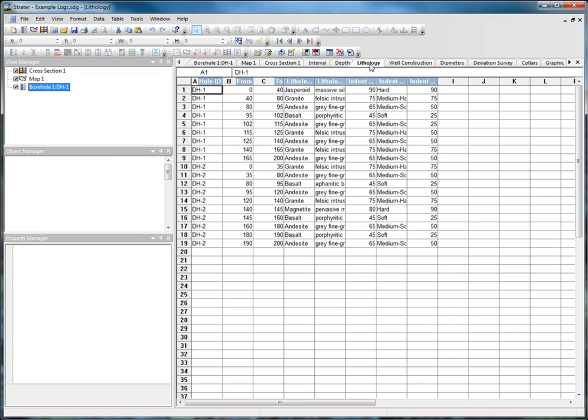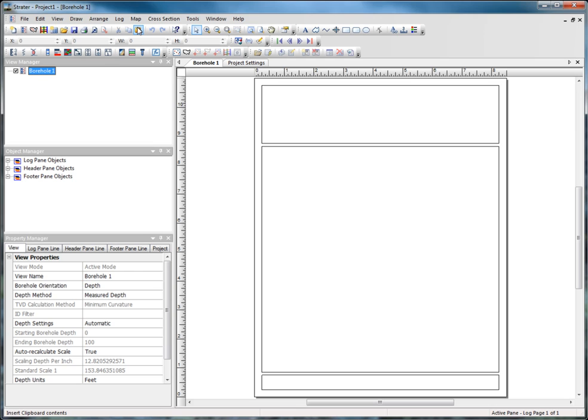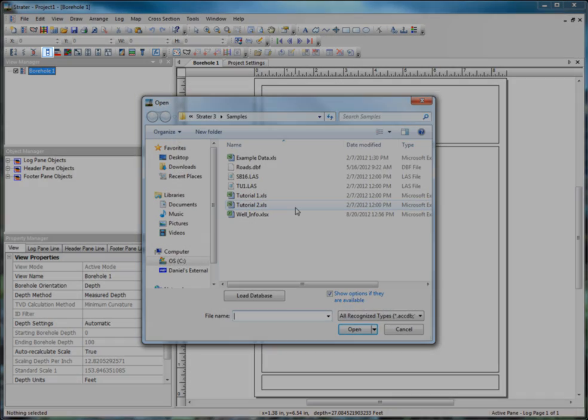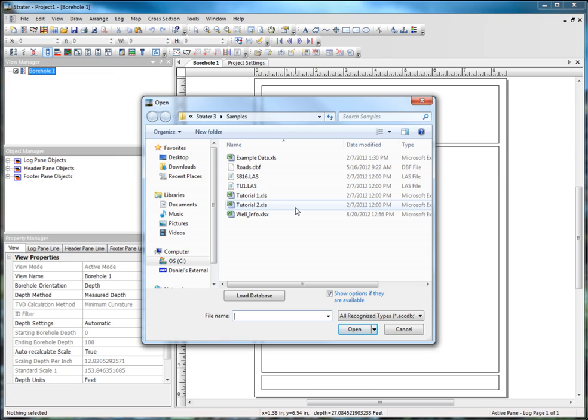Now I will open a new project to demonstrate how to create a zone bar log by clicking File, New, and Project. I will click on Log, Zone Bar, and then click on the log pane. You may also click on the zone bar log icon located on the toolbar. Once you click on the log pane, you will be prompted to open the data file which you will use for your log. I will load